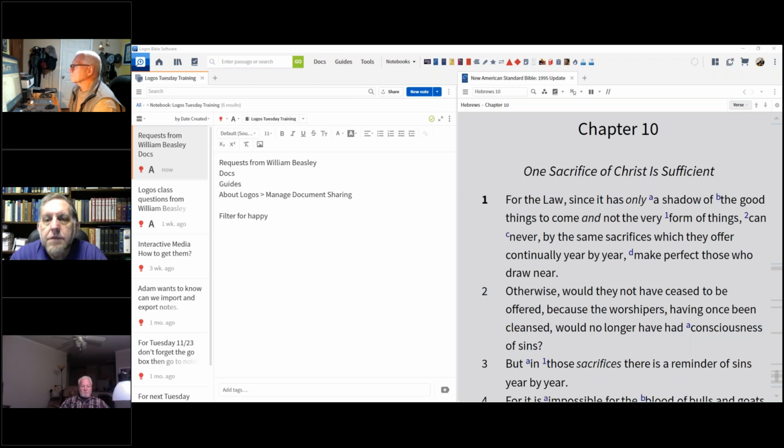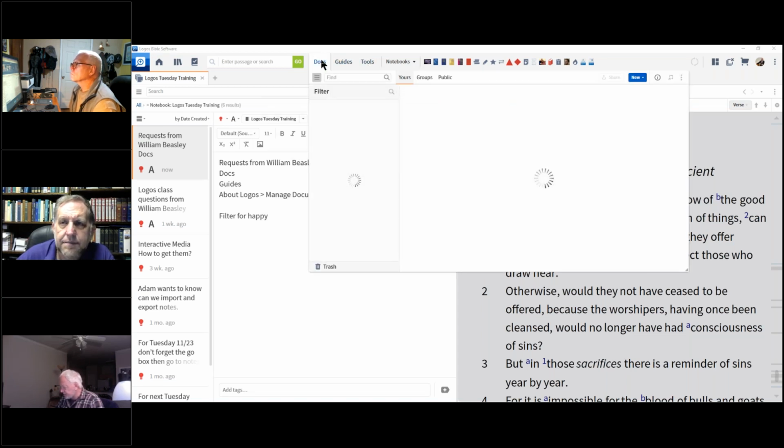All right, so let's start with the docs menu, and then I'm going to take these probably a little bit out of order. I'll start with docs, and we'll see if we get that far, and then guides, because there's a lot of guides. So these are the menus at the top here next to your search, your go button. And you got docs, guides, tools. And under docs,